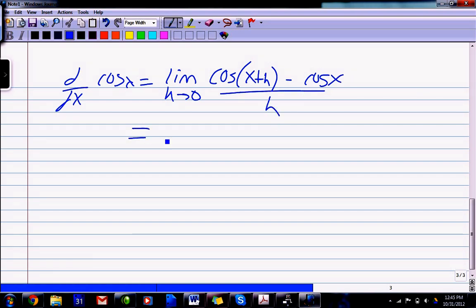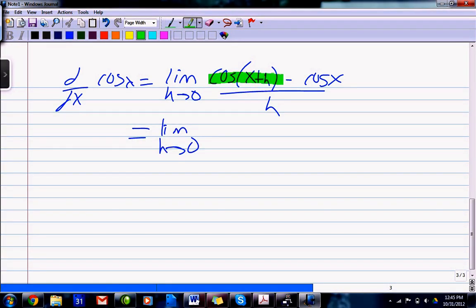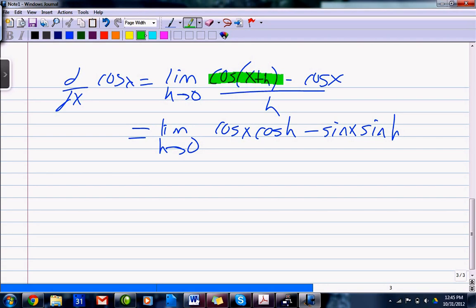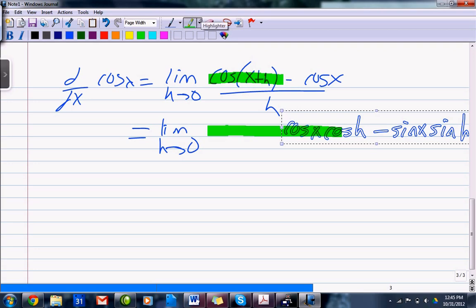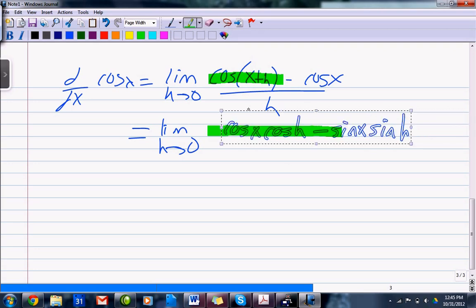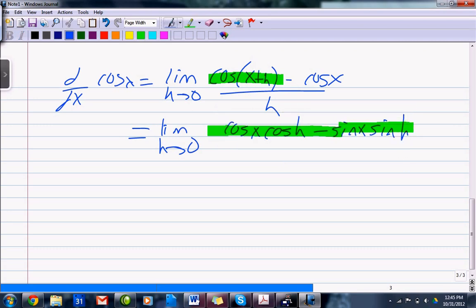Right, I'm going to use the cosine sum identity to rewrite cosine of x plus h. Cosine x cosine h, there we go, minus sine x sine h. And again, that's just by identity. The cosine of a plus b is indeed equal to cosine a cosine b minus sine a sine b. So I just use our identity for that, minus this guy at the end, cosine of x